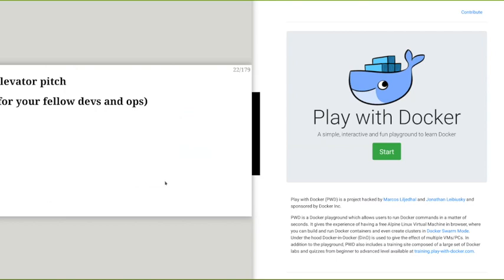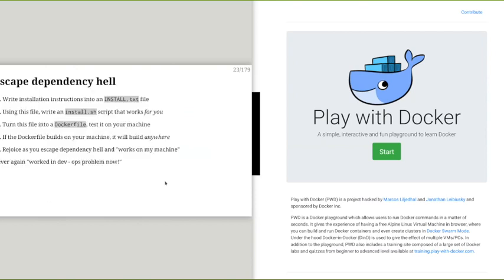And now a bit more technical explanation on why using containers is a good idea. Mostly because you escape the dependency hell. Now, if you write an application, you only need to write some instructions and write a script, a style script that will work for you. And if you put this script into a Dockerfile and then build a container from that, that container will